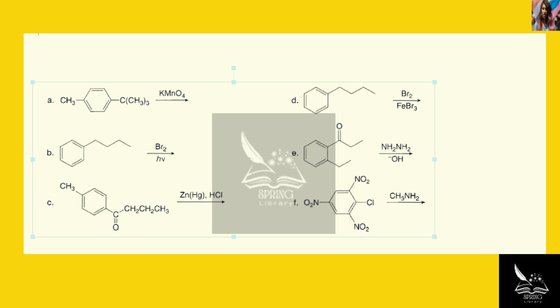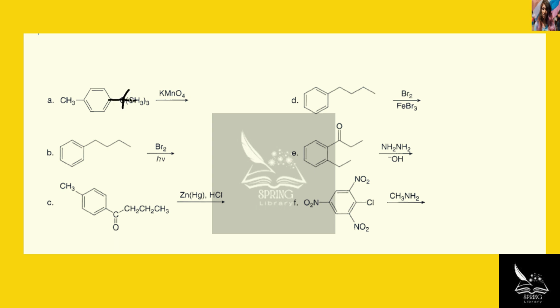So in A, what we have is this derived benzene being reacted with KMnO4, which we know is a strong oxidizing agent. But what we know about KMnO4 is that it must have a hydrogen on the benzylic carbon in order to oxidize this carbon. So for example, this carbon has 3 hydrogens, so it has no issues being fully oxidized to carboxylic acid. However, this carbon, if I were to draw it in a stick,